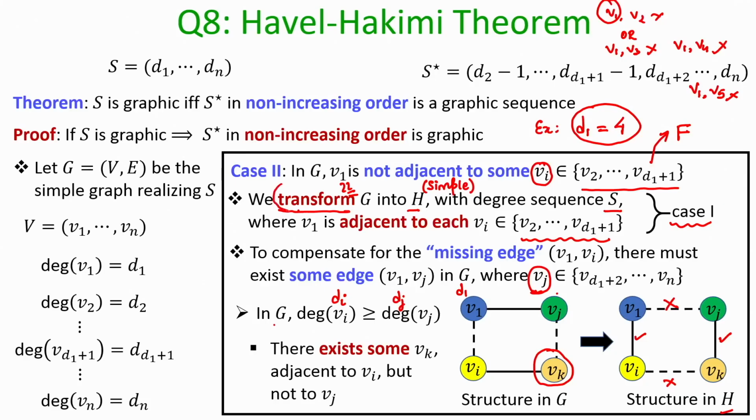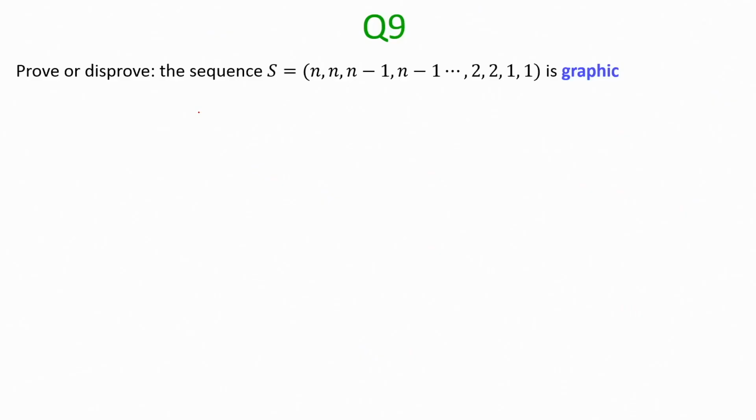So, I can repeatedly apply this transformation for all the outside vertices Vi, and after doing the required number of transformations I will get my graph H, which will have the same structure as in case 1, and then the proof becomes the same as it was in case 1. So, that proves the implication in the other direction.